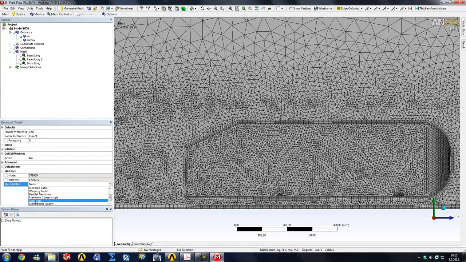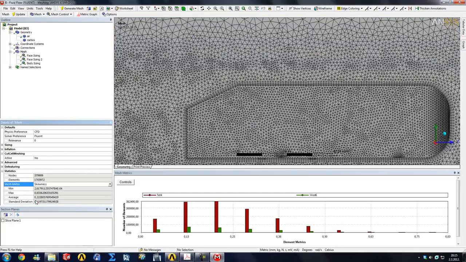You can read online all about skewness and what it means. But basically you do not want it to be over 0.95, and if it's over that, then the mesh is of catastrophic quality. We can see our maximum here is 0.83, which is not ideal, but